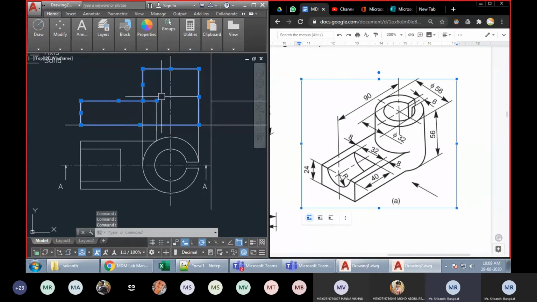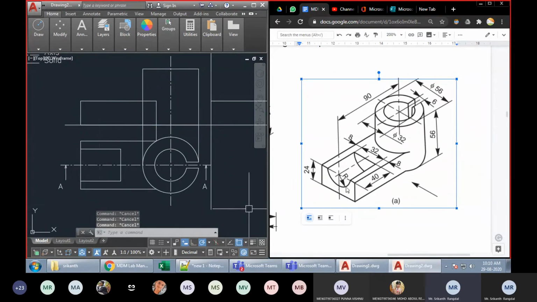Fine. So this is how it will appear from the outside. But what we are doing is we are not drawing how it looks from the outside. We are drawing it as it looks in the section. So when you draw a section, just look at it. This particular line will go backside and it will become hidden. So we'll have to make slight changes to this.